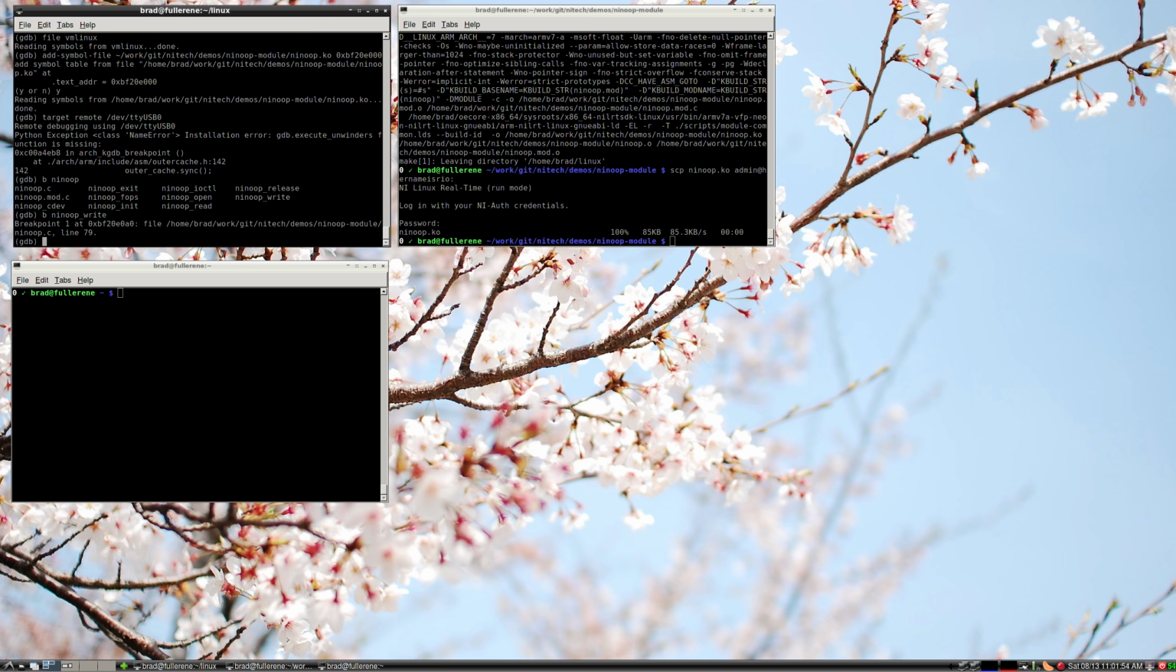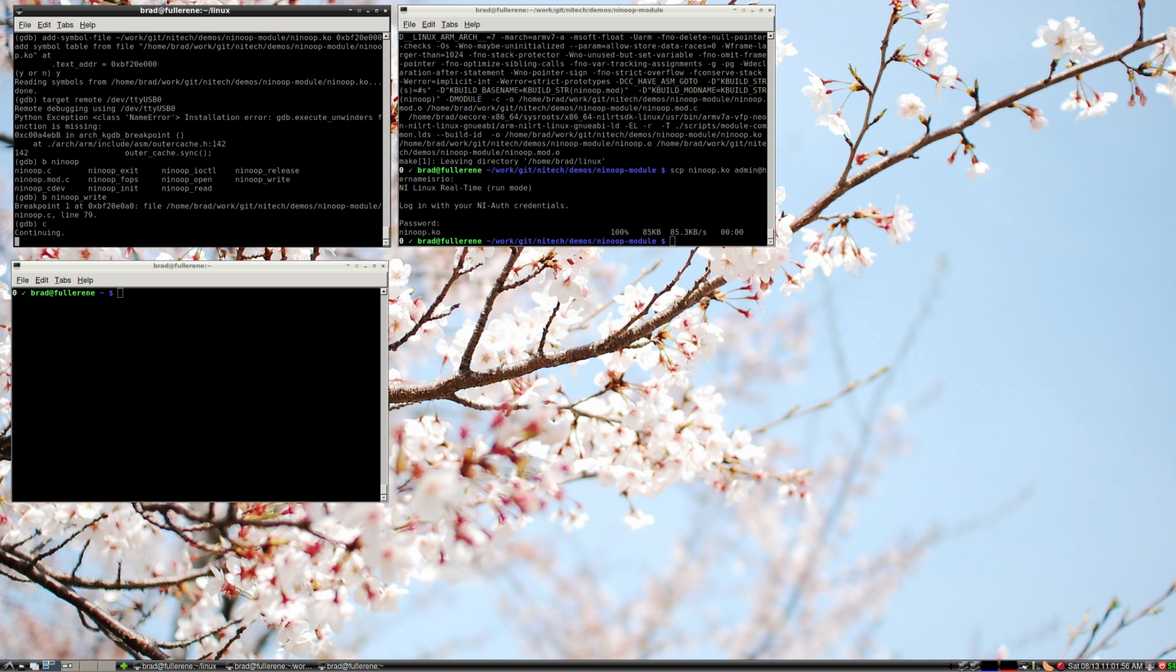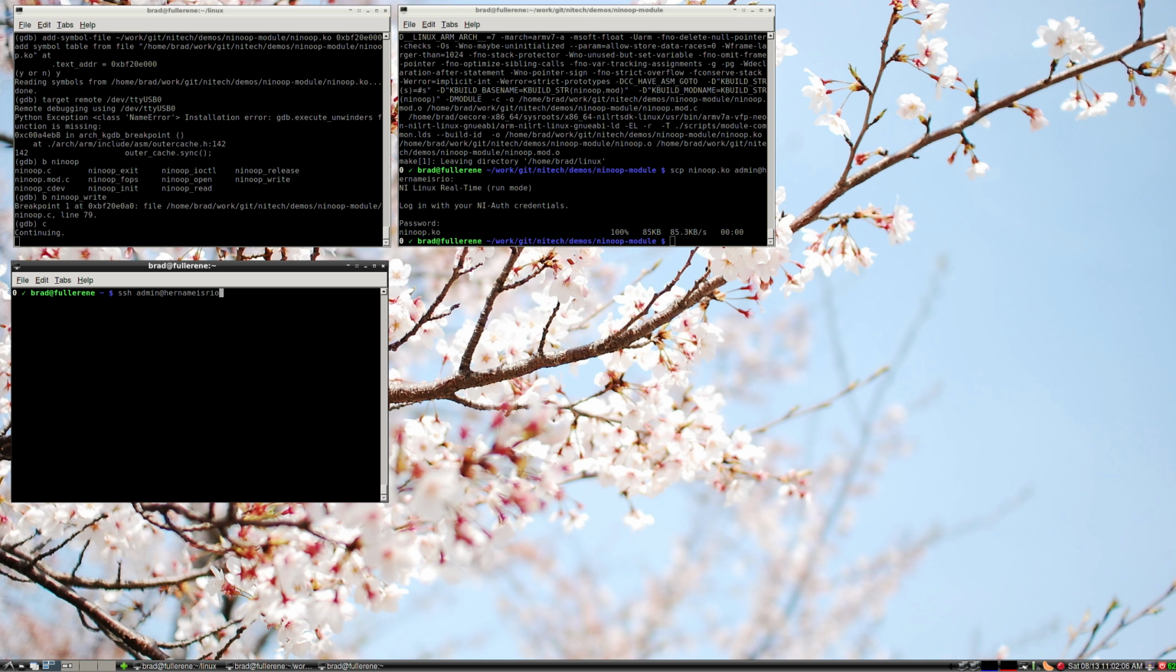Okay, so let's set a breakpoint. Let's go ahead and continue execution. And let's go ahead and SSH to the target. The reason that I'm not using the serial console is because, as I mentioned before when talking about debugging, you can't necessarily have two things using the serial port at the same time. So now if I go ahead and attempt to write to the module, to the device,